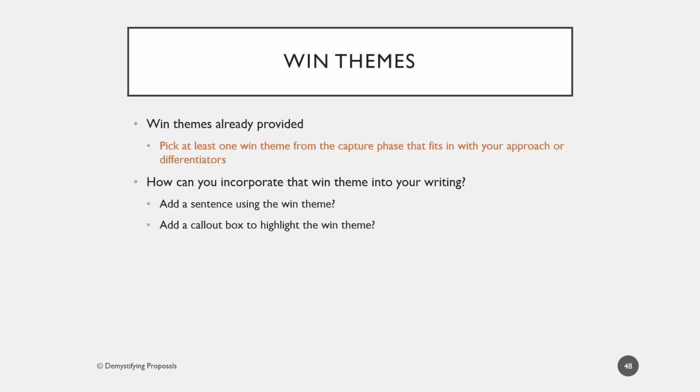So in this writing example, we provided you with a win theme, but in the capture phase of the proposal process, usually there's multiple win themes developed. There's usually not only one. And so you need to, as a writer, think about which theme fits best with your section and then incorporate that win theme into your approach as a differentiator or whatever makes sense. So maybe you add a sentence that uses the win themes, or maybe you add a call out box. Think about how the win theme gets incorporated and make sure that it comes across on the page very clearly